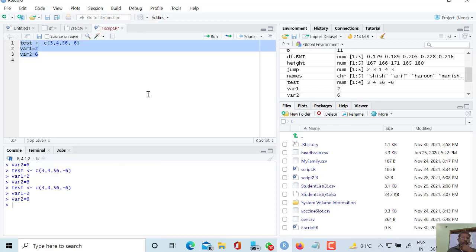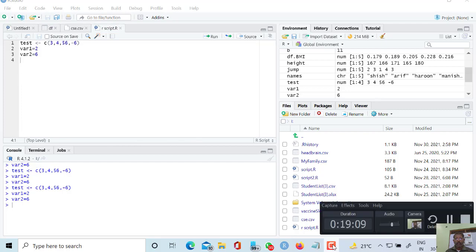In this way we can skip the section of code which we want to comment or uncomment. Okay, so save the script. I am saving the script, and in this way this portion has been understood.